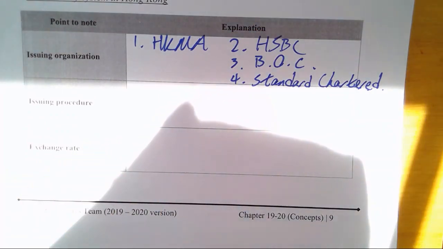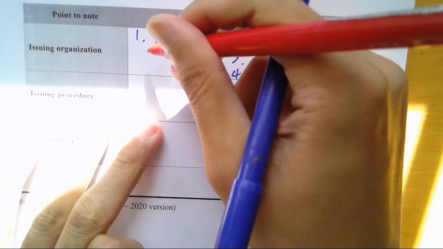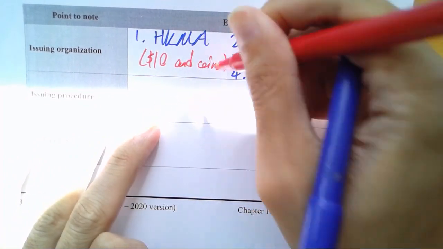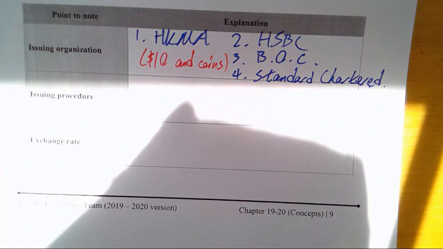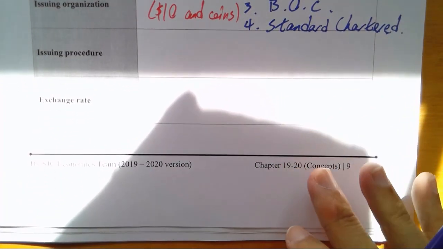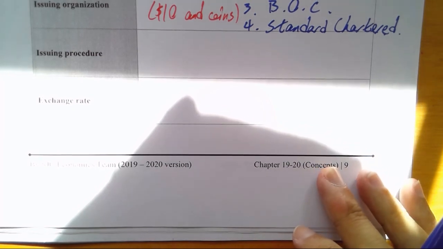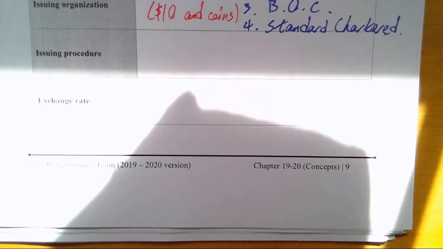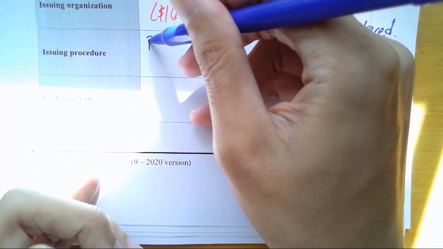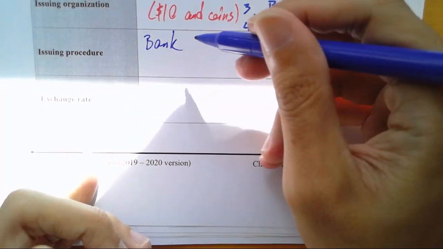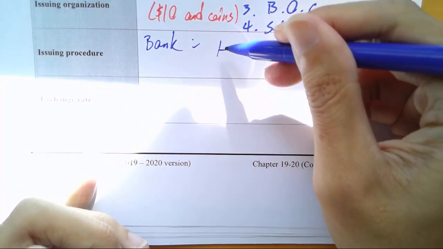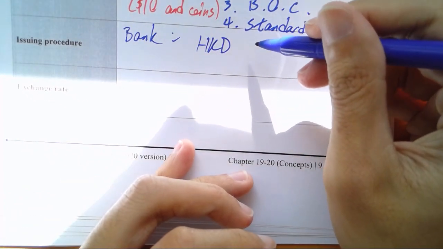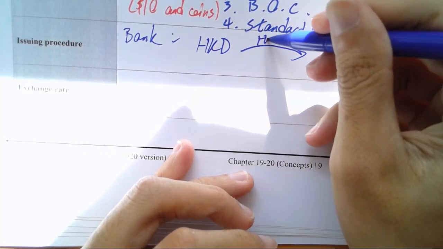Now, for how to issue, HKMA, you need to know. HKMA issue only $10 notes and coins. OK，得唔得？佢哋係銀仔同埋10蚊啫。Now, here, the procedure to issuing these money in Hong Kong goes like this. Okay, now the banks, okay, we are talking about banks. If they want to issue Hong Kong dollar, now what do? They actually need to give to HKMA